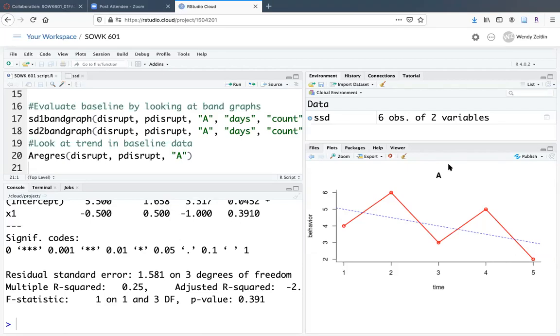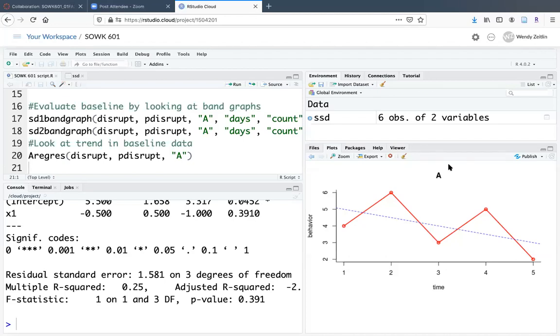And what we found was, if at all possible, we would continue collecting baseline data until we had at least 2/3 within one standard deviation. We had all our data within 2 standard deviations, so it's not terribly worrisome. We also found that there was a downward trend in his or her baseline data, but it was not a significant trend. And I'm going to continue this video by looking at the level of autocorrelation of client X's baseline